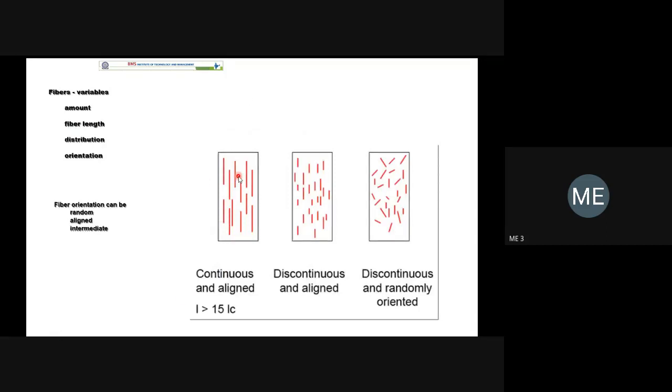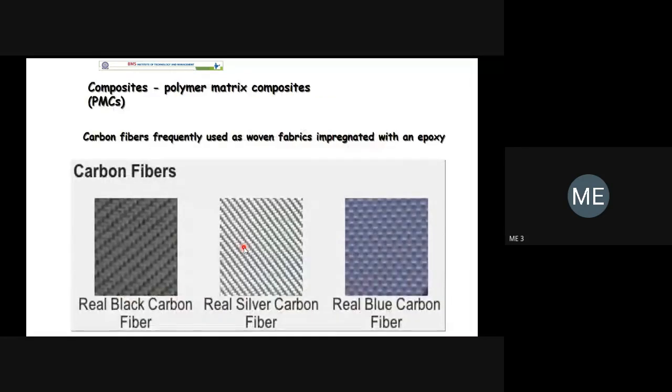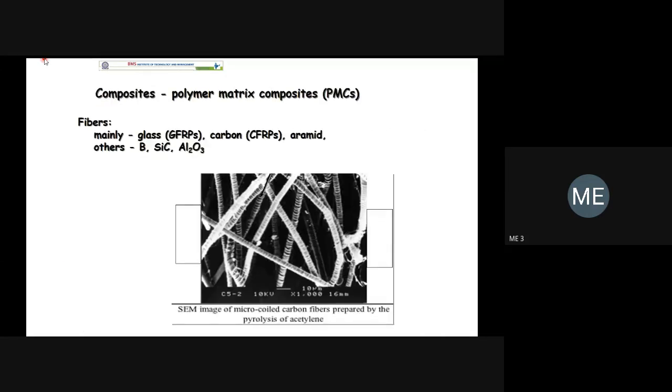In coconut trees also you can imagine fibers are running from bottom to top. Those are the long fibers. The fiber may be short. In the case of polymer material, the fiber may be randomly distributed, especially in the case of metal matrix composite. Polymer matrix composite, these are the fiber, example for the fiber. The black carbon fiber, it may be carbon fiber, silver carbon fiber, blue carbon fiber, again there are different types. This is the fiber material.